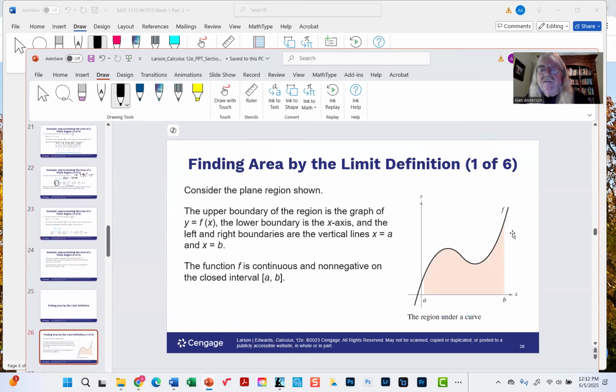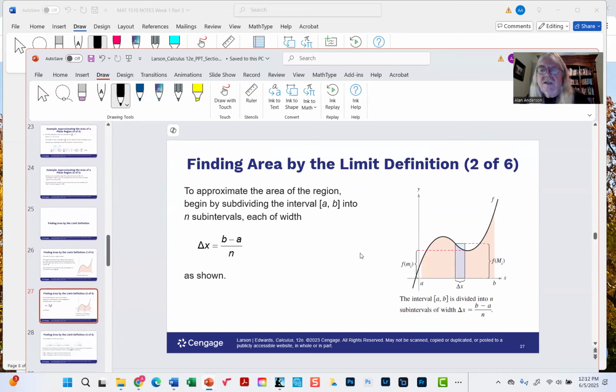So yeah, here's this curve. It's closed on the interval AB. And any random rectangle is going to have a width of (b minus a) over n, because we need to break it up so there's n rectangles. And the height of the rectangle can be thought of as either